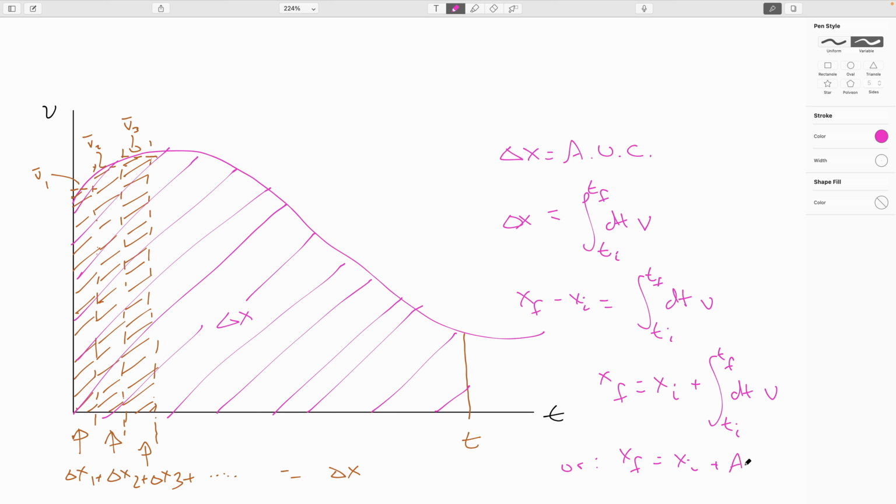Or if you prefer, just say it's the initial position plus the area under the curve. All right. I'll introduce the integral as we need it, but for now, all I want to worry about is finding